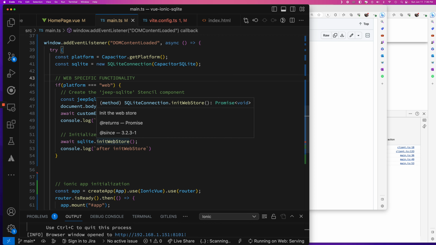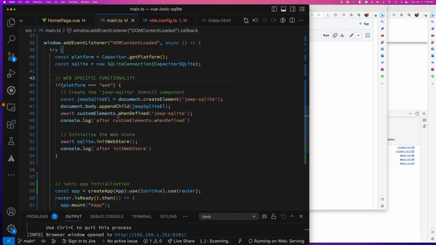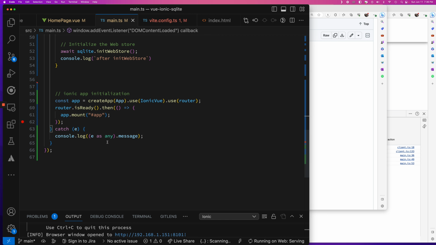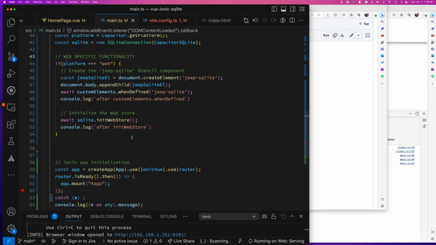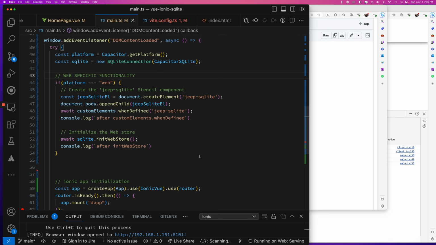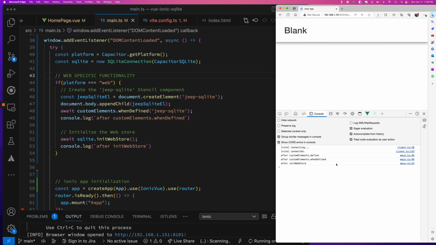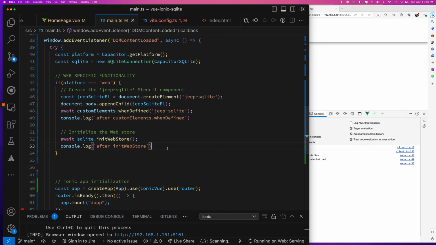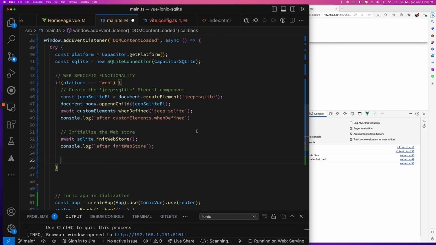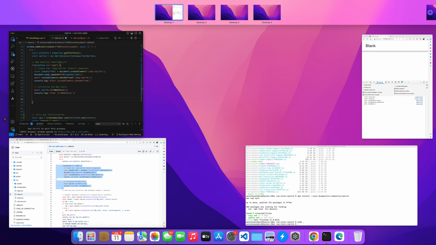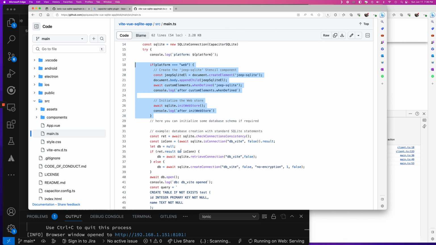Let's see, do we have anything we could... These are all promises that if there's an error, they will throw, and we will catch down here at the bottom. All right, so this now, if this all runs successfully, then our web is initialized. So let's take a look over here. So we're after an init web store. So that means that our web has been initialized. So now, once again, we're just following along their solution, and then we'll expand it later. What they're doing next